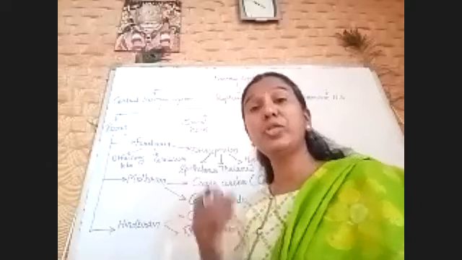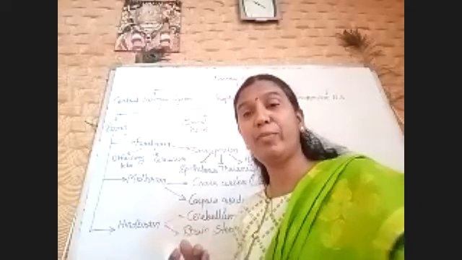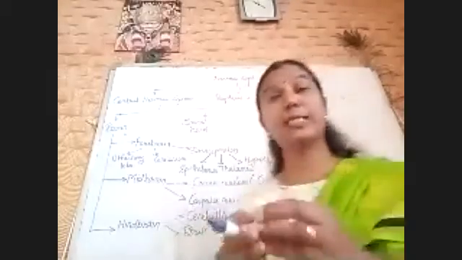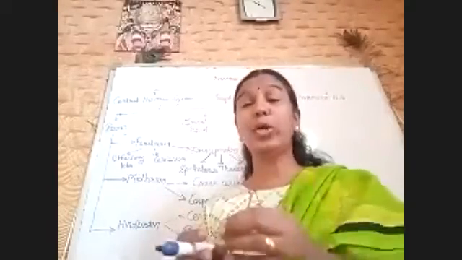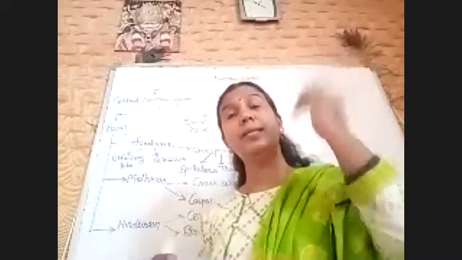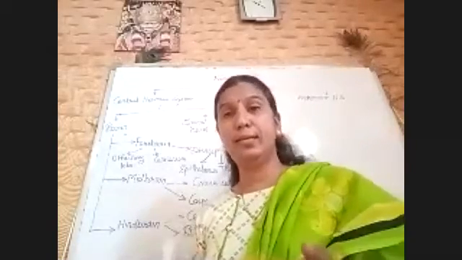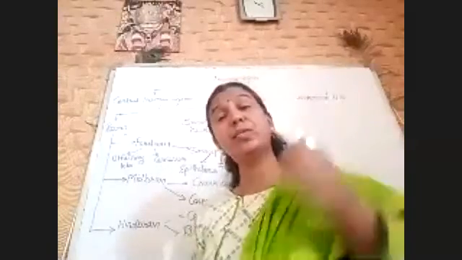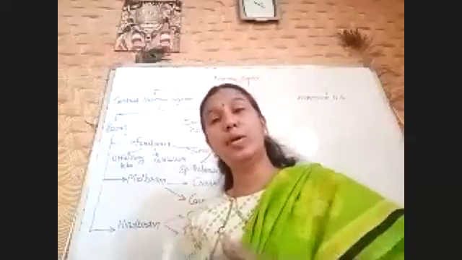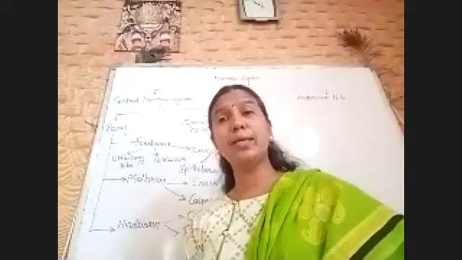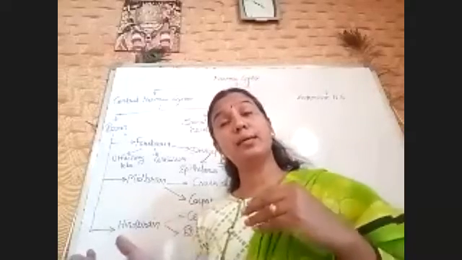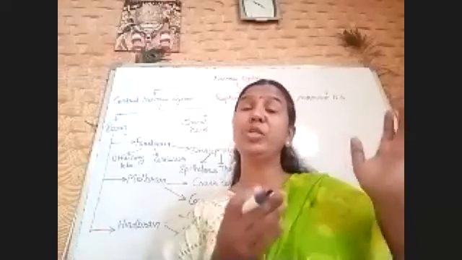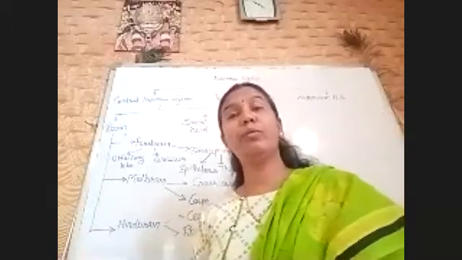And on the basis of the function they are performing. Like, if they are carrying message from sensory parts, sense organs to the brain, then they are called sensory nerves. If they are carrying message from the central nervous system to the peripheral part, then they are called motor nerves. And some nerves act as to and fro movement. To and fro movement means लेकर भी जाते हैं और लेकर भी आते हैं,